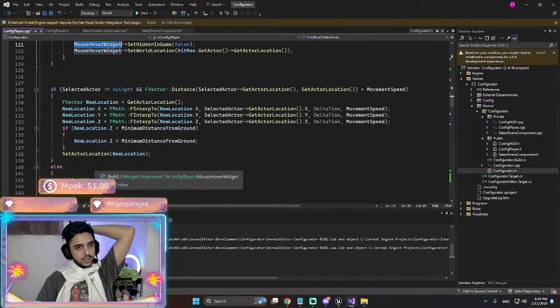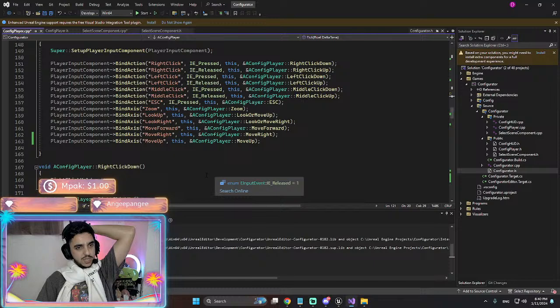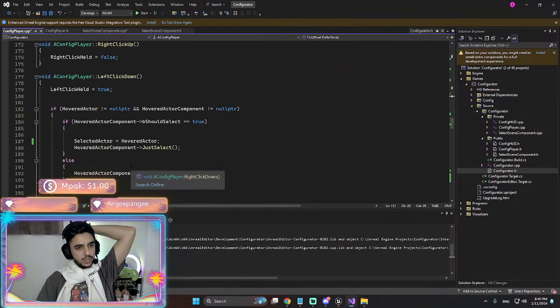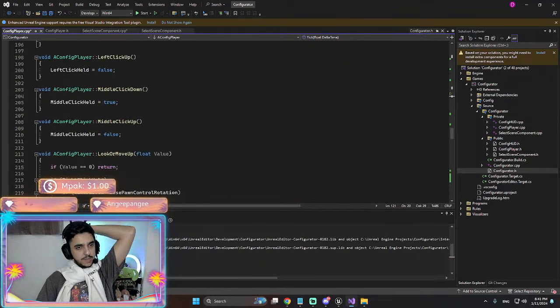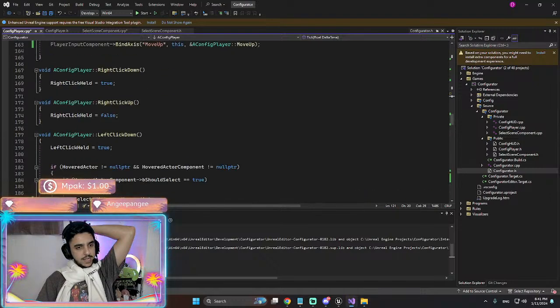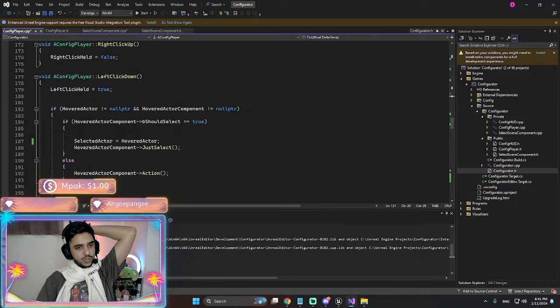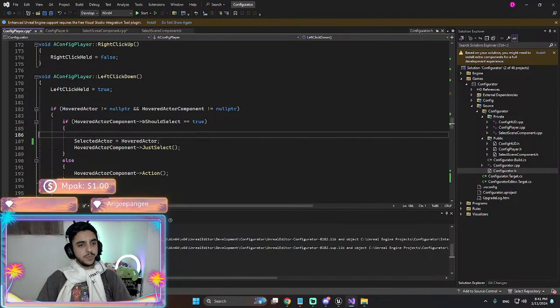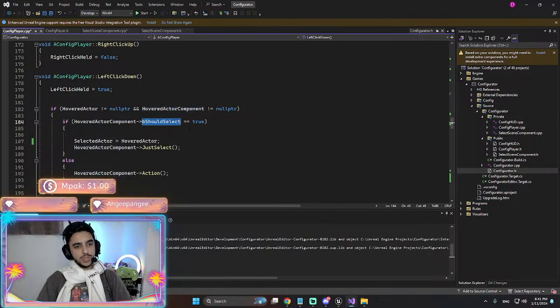Then we are doing something in the click down, and I'm gonna actually put it here. It should be here. If hover component should select.